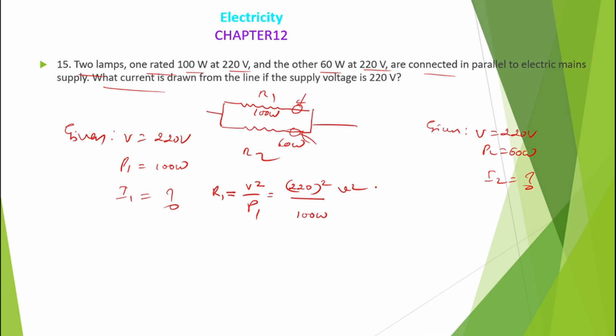So R1 is 220 whole square divided by 100 watt. So R2 you will see, R2 is equal to the same 220 whole square divided by 60 watt. Okay. Now the current consumed at R1, that is I1, is equal to